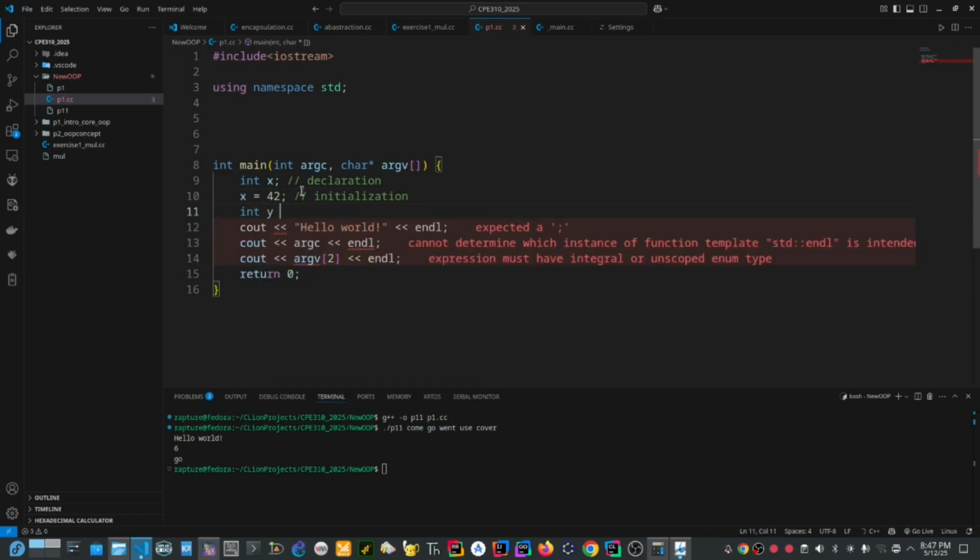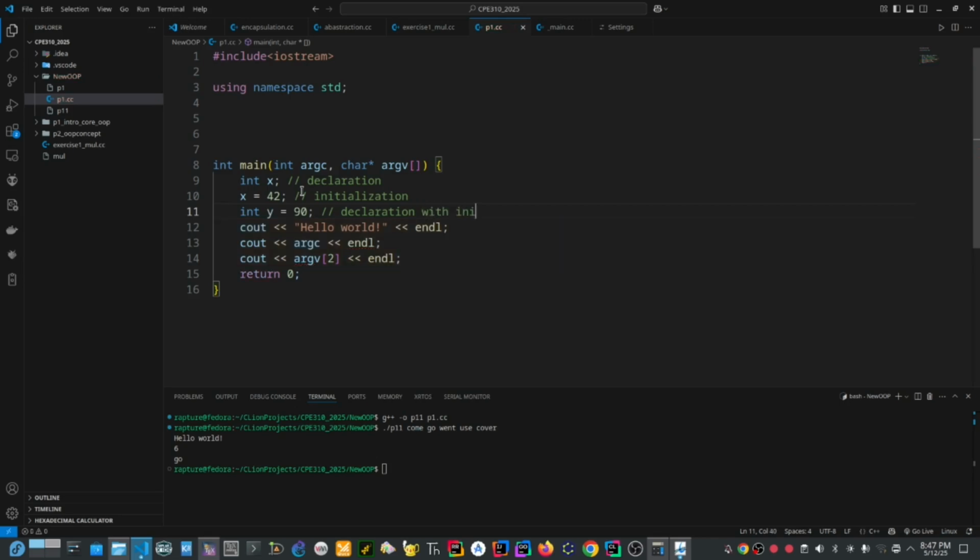Int y equals 90 is called declaration with initialization. This is together. Declaration and initialization, it's like that.